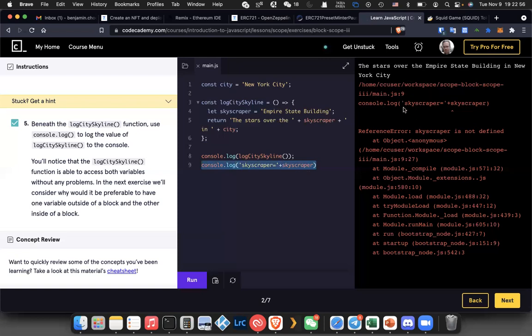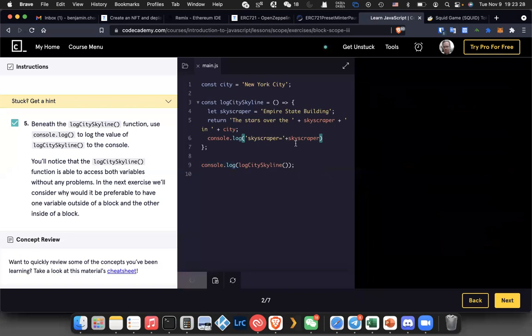It's now giving me an error saying reference error, meaning, remember I said, what is a reference? Well, this is a reference. I'm referencing the variable. If you've not put it in a scope where it's accessible, you can't reference it. Therefore, it's going to error out. It's saying skyscraper is not defined at object.anonymous, blah, blah, blah. Kind of hard to understand, but it's just saying the skyscraper variable is not accessible. If you wanted to get to it, you'd have to call it from where it's accessible. You could move skyscraper directly on into this function, but